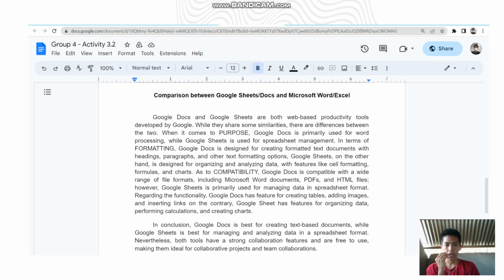On the contrary, Google Sheets has features for organizing data, performing calculations, and creating charts. In conclusion, Google Docs is best for creating text-based documents, while Google Sheets is best for managing and analyzing data in a spreadsheet format. Nevertheless, both tools have strong collaboration features and are free to use, making them ideal for collaborative projects and